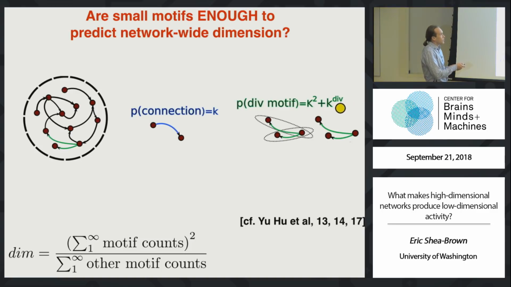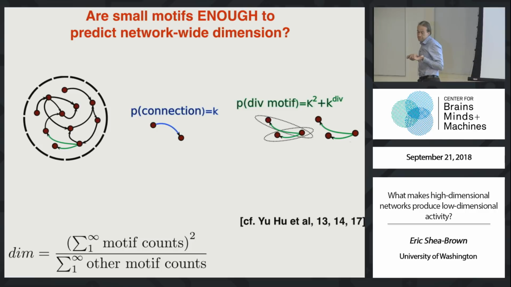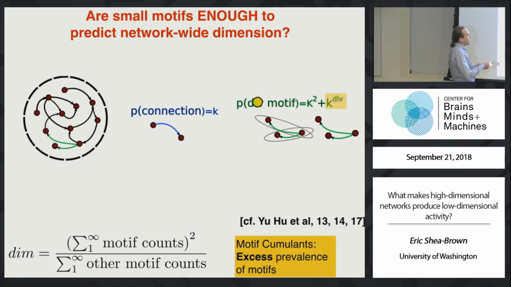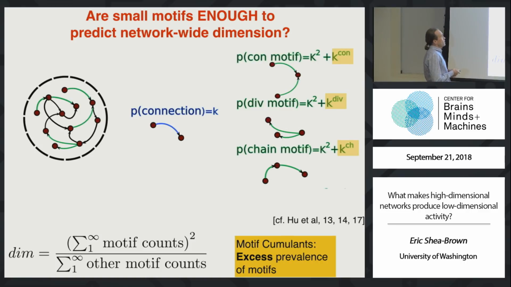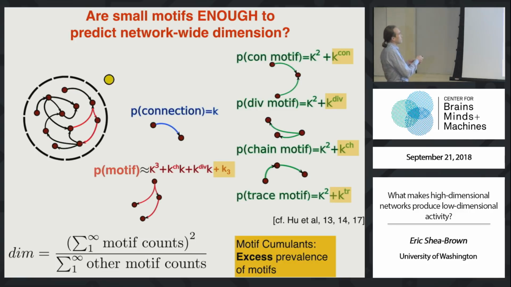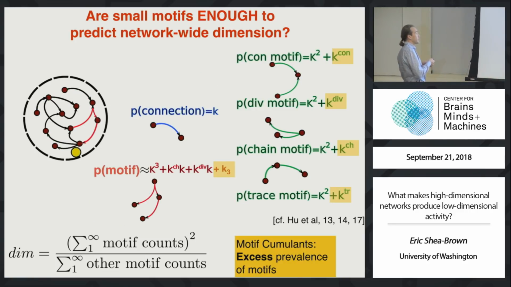But then there's some extra amount by which those particular green motifs might be present in a given network. It doesn't have to be just k squared. There could be more of them. And this extra amount is something that you called motif cumulants. It's not the count of these structures, but how much extra you have beyond a baseline statistical assumption based on the shorter or simpler paths in the network. You can do that for converging motifs, chain motifs. You can even do this for this type of red motifs that corresponded to the red term on the previous slide.